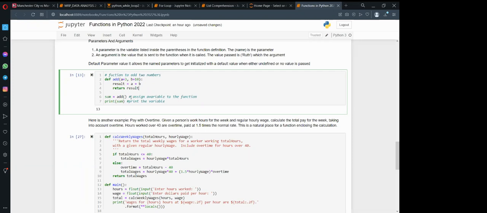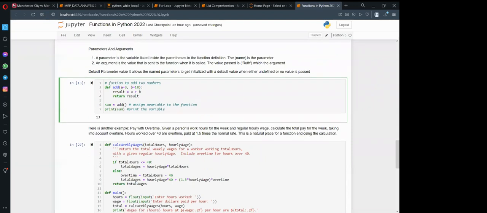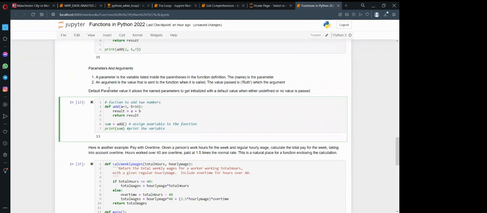Then you say sum equals add, so the variable sum is assigned to the function called add. Then you print sum, so it will print the variable sum. This is also another way of using the function. You can give the default values directly at the beginning where you are declaring the parameter names.